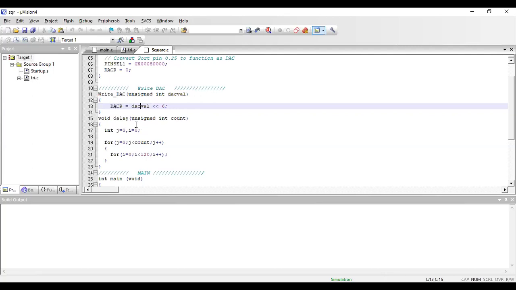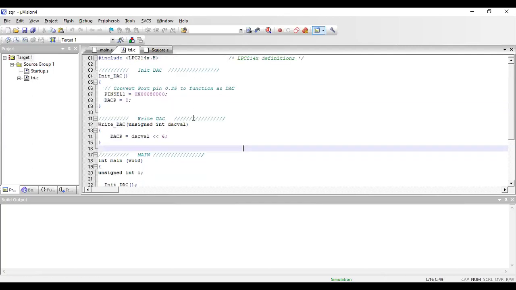And this is the delay program. Delay program means we are giving some extra number of clock cycles for the output to be presented, so that we can see the output, because the programs will be executed very fast, but the interfaces will take time to show us the output. So this is about the square waveform, and the triangular waveform is also the same.